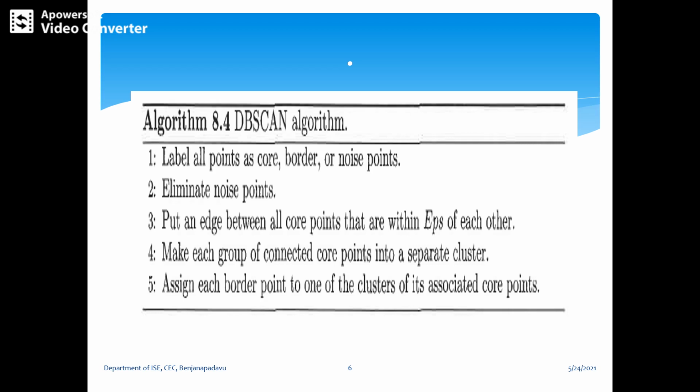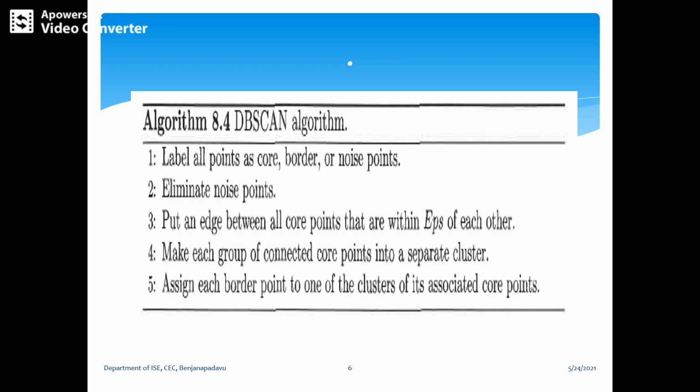Likewise, any border point that is close enough to a core point is put in the same cluster as the core point. Noise points are discarded.